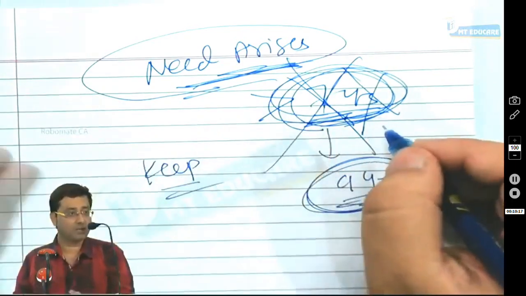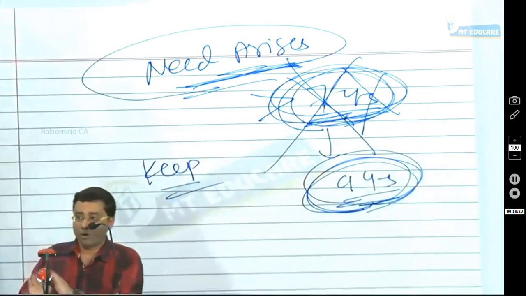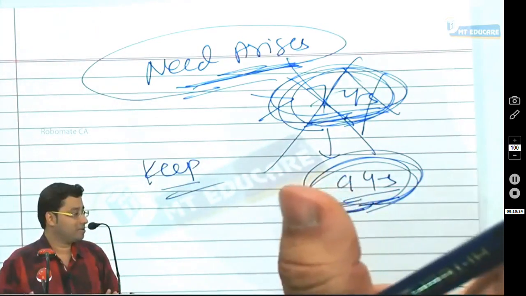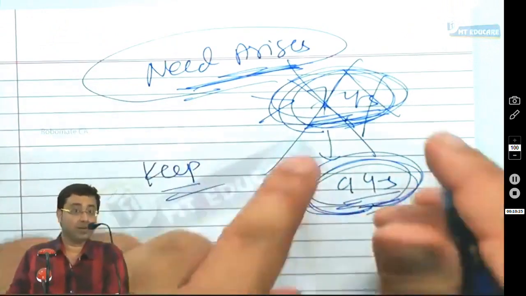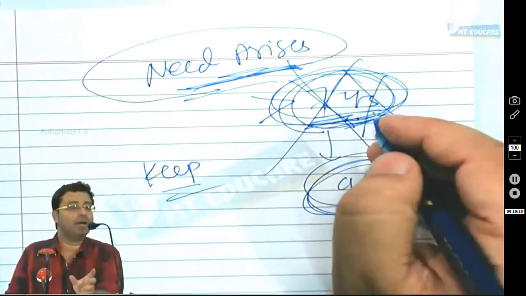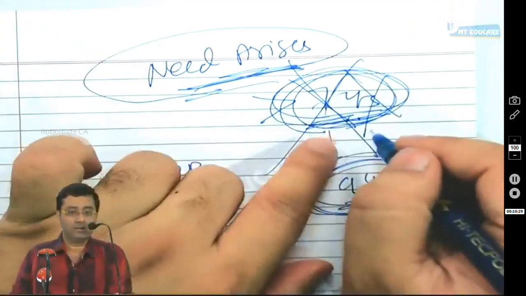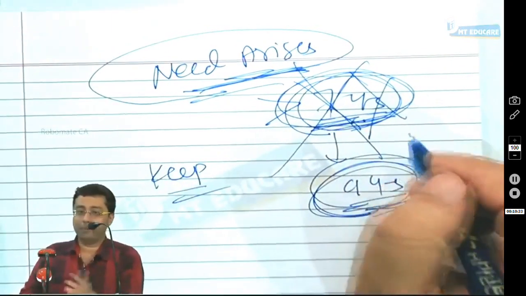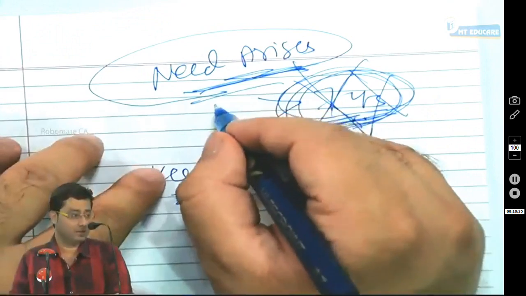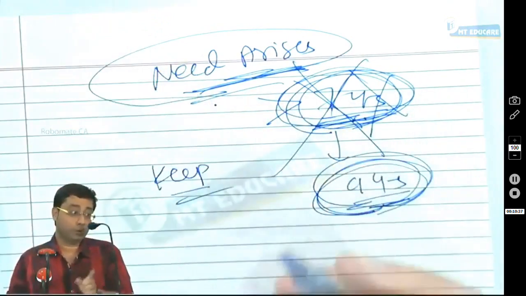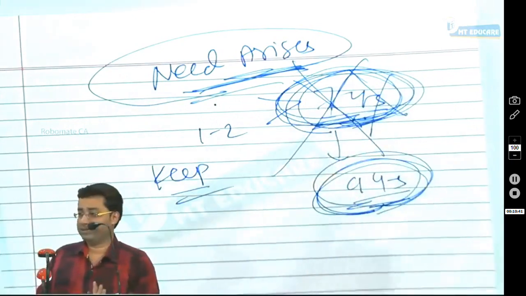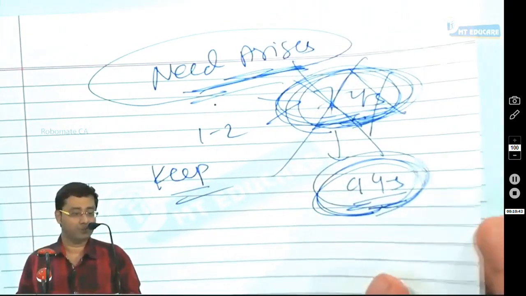So if they ask you to keep working papers for longer than 7 years, you must preserve them for longer than 7 years also. That is what the standard is. It is not written in the standard, but technically a question can come on this point. So you should know that it is always advisable to keep it for a higher number of years if the need arises. Of course, if the need is not there, you may throw it, but you should not throw it after 1 or 2 years. You have to preserve it for at least 7 years. That also you have to remember.